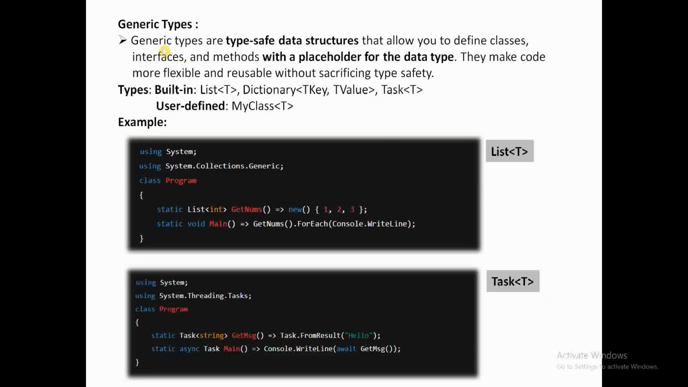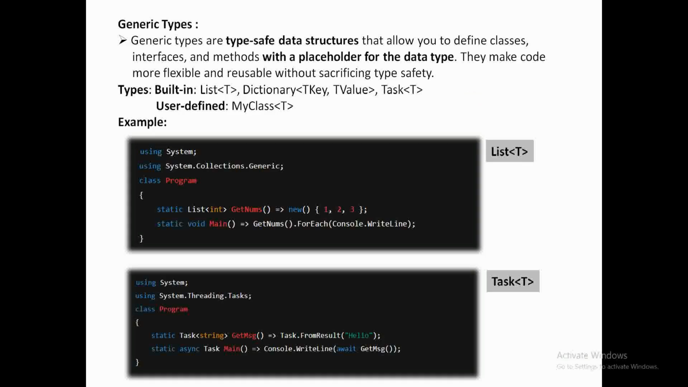Next one we have generic types. Generic types are type-safe data structures that allow you to define classes, interfaces, and methods with a placeholder for the data type. They make code more flexible and reusable without sacrificing type safety. The generic concept we will also cover in later lectures. For now we have to see the custom types. For this purpose we have to use these generic types. So it is a type-safe data structure, which we can use